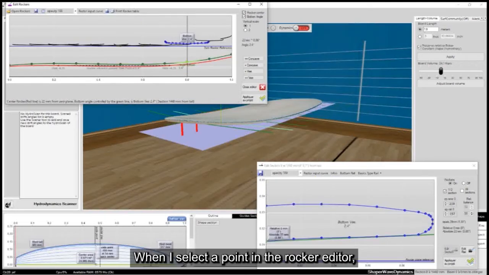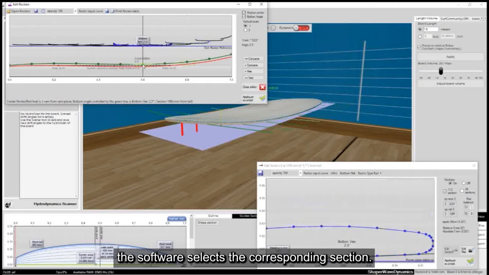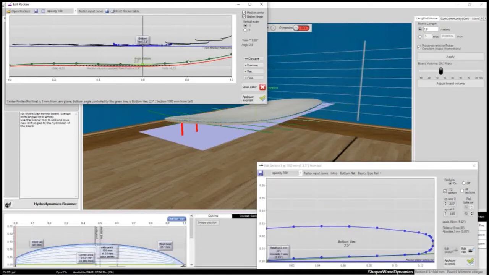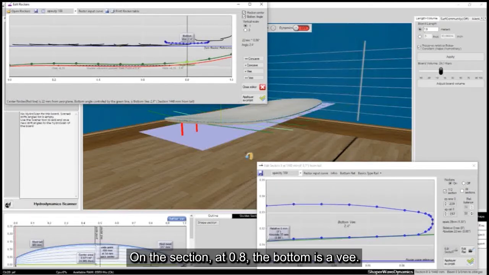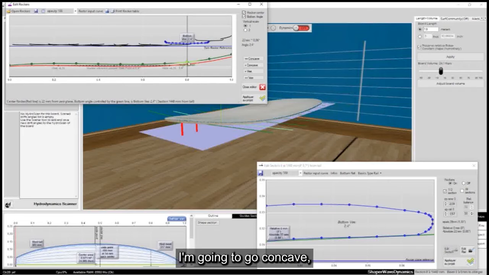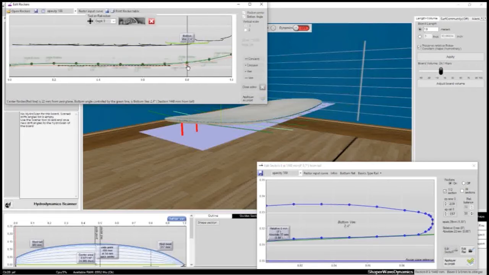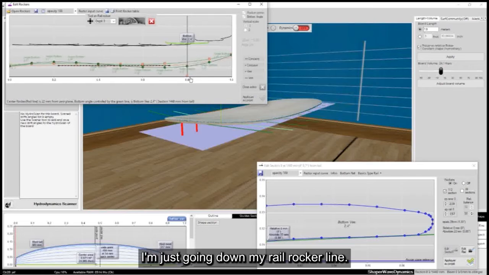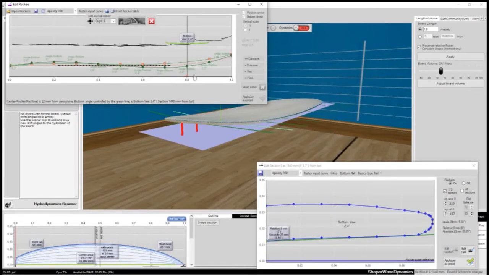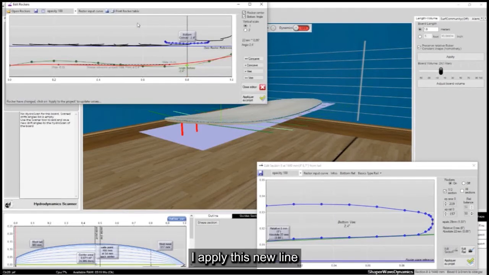When I select a point in the rocker editor, the software selects the corresponding section. On the section, at 0.8, the bottom is a V. I'm going to go concave. I'm just going down my rail rocker line. I apply this new line and we see that my rail rocker generates a V zone.